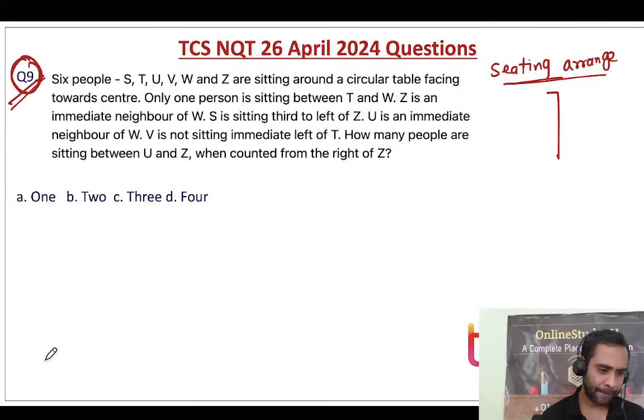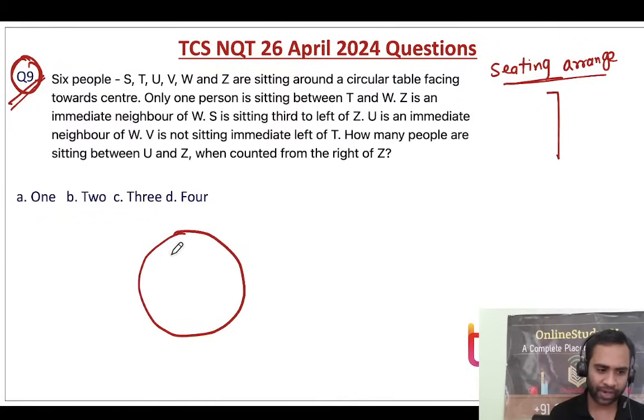Okay. Now let us try to solve this. So six people. Correct. 78 plus 14. Yes. Okay, so you are multiplying by 2. Great.